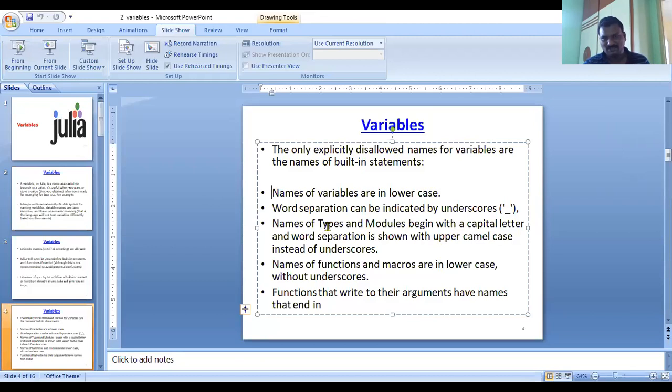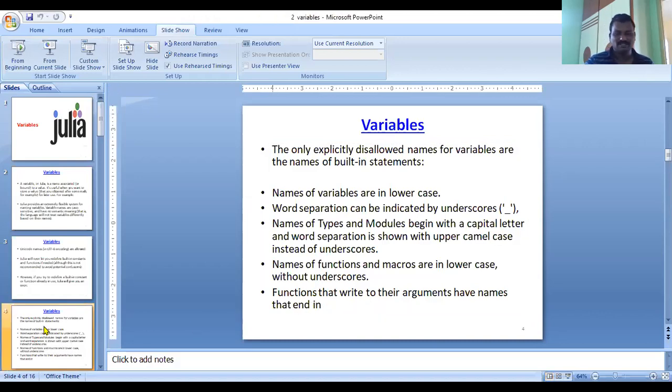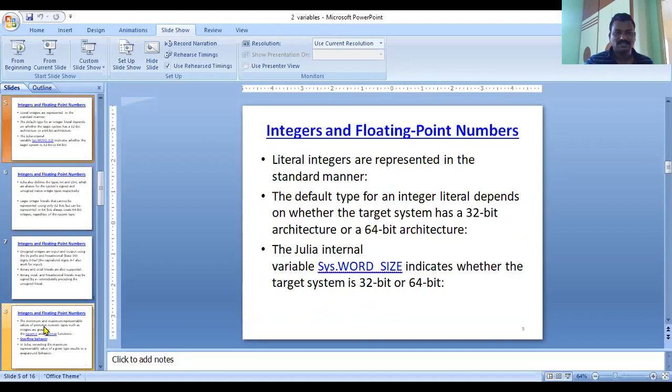Names of types and modules begin with capital letters. Names of functions and macros are lowercase without underscores. A function that tries to modify its argument has a name ending with an exclamation mark. That is some information regarding the names.